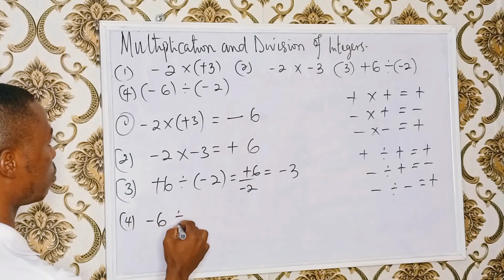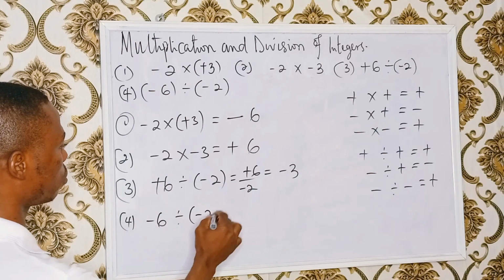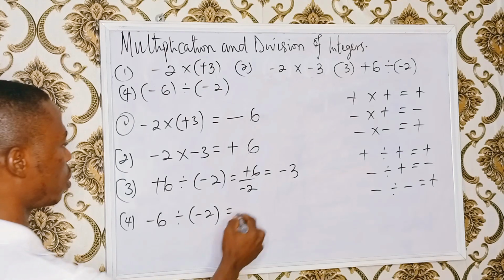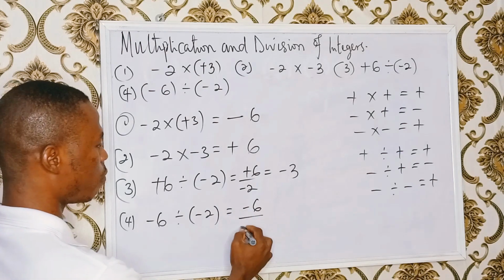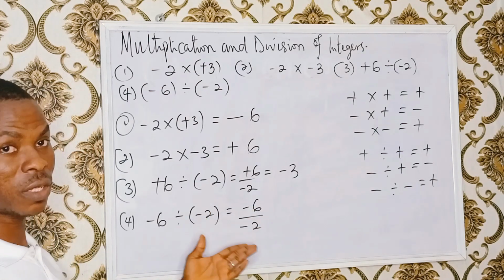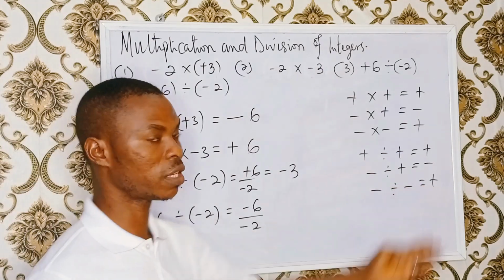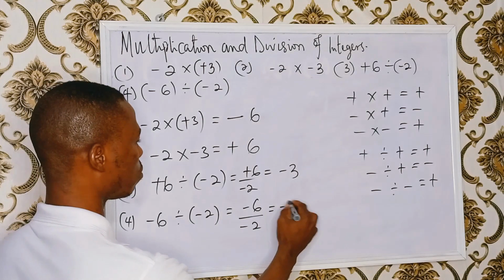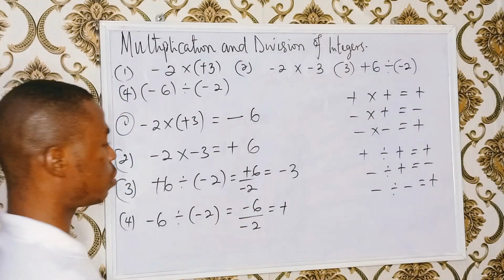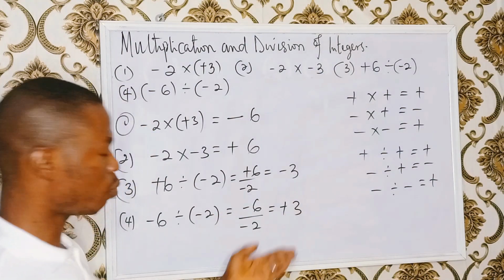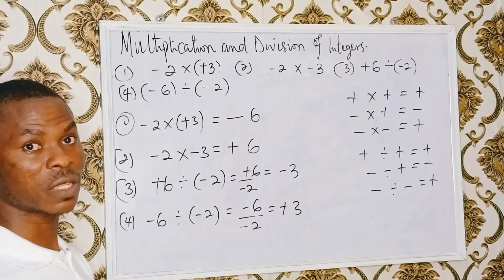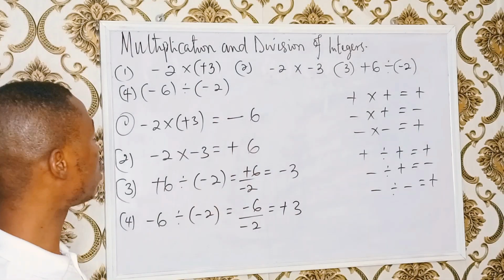So let's do the last one, which is minus 6 divided by minus 2. This can be written as minus 6 over minus 2. Minus can cancel minus, so minus divided by minus gives you plus. And 6 divided by 2 gives you 3. And remember that plus 3 is the same thing as 3. So that's all about division and